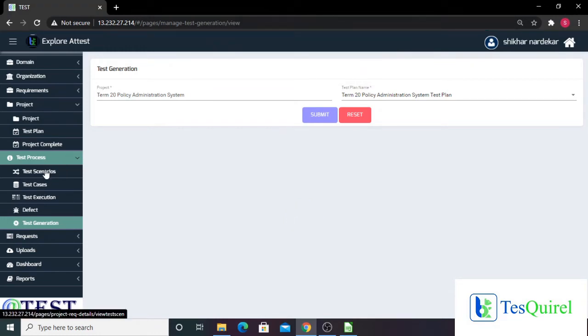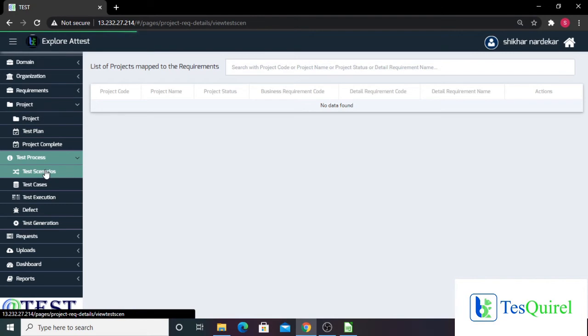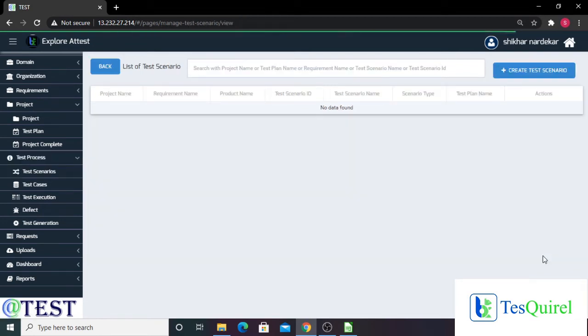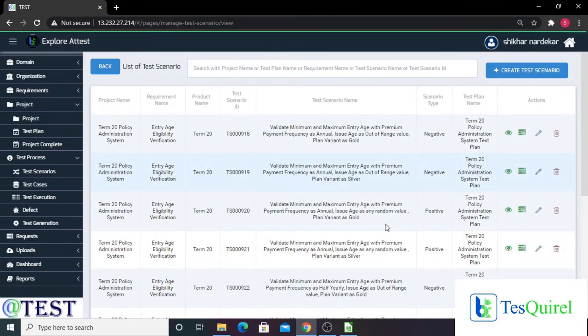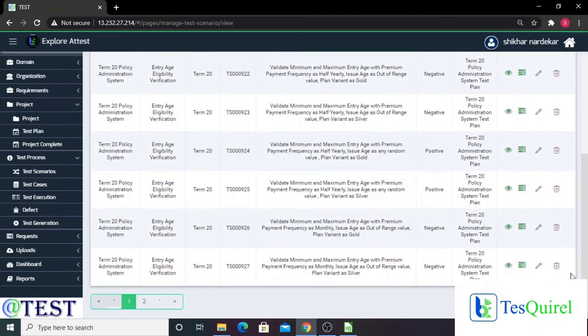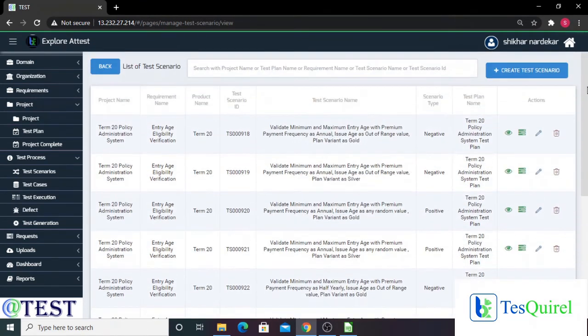Then you can check out the test scenarios for the project. So we have a project here. And we can see all the test cases depending upon all the attributes we had given to the tool. They have been created.